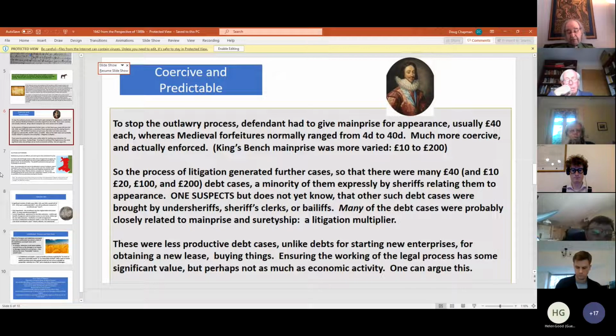So if you wanted a really fast procedure, you would go to King's Bench, because the first real step there was people showing up on your doorstep and arresting you. Whereas in Common Pleas, there was about a 6-month cooling off period in which you could actually pay and stop everything. But then you were back in the same pot with a really ferocious kind of performance bond for appearing. And so this provided a much more predictable part of the process. So you had no execution of the first stages of mesne process in Common Pleas, and a really very strong execution of process